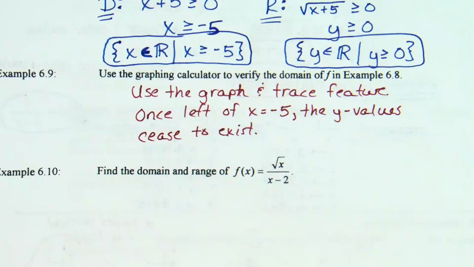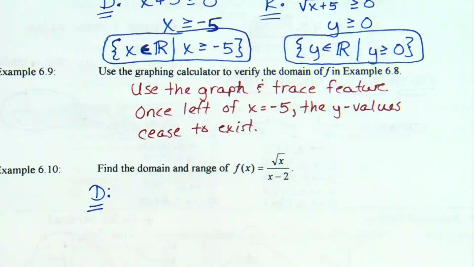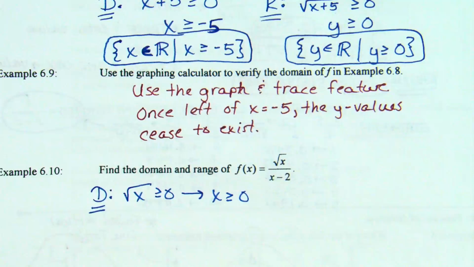Okay. Example 10. Last one. Domain and range. Again. What did we talk about up above with domain? If there's a square root, what do you know? Whatever's under the square root has to be positive. So what's under the square root here is x, right? So we know x has to be greater than or equal to 0